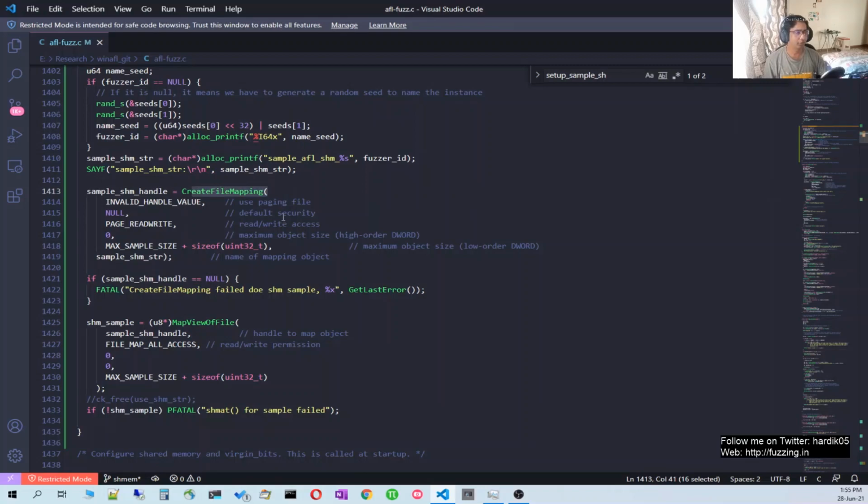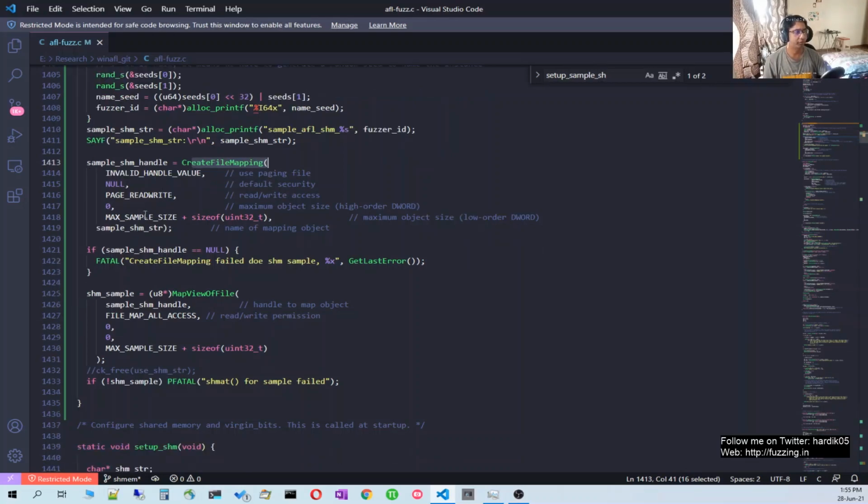So what this function will do is that it will create one shared memory over here, and we need to give the length. So I will use one sample define over here, that is max sample size, and I have set it to somewhere around 1 MB or something, and we need to add 4 as well, because this is the size of the shared memory which we have been using, so it is of 4 bytes generally.